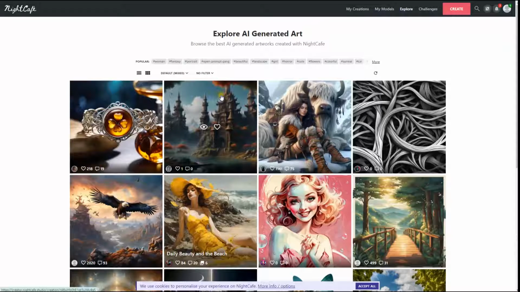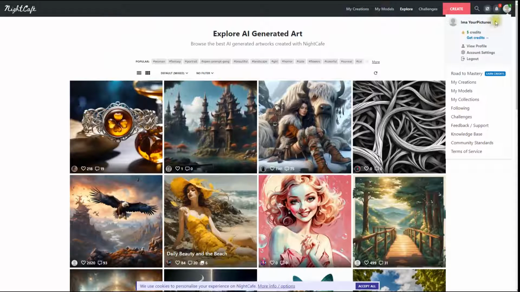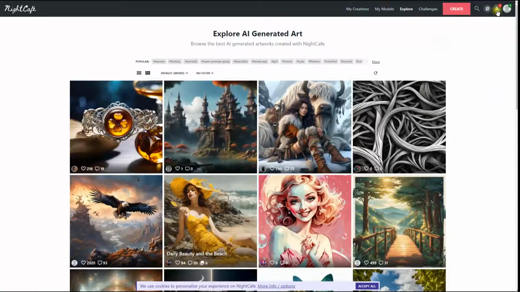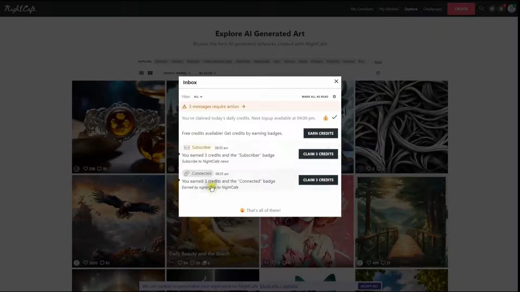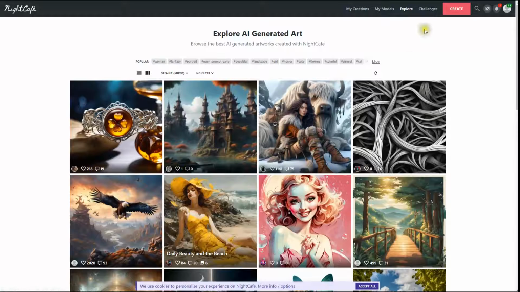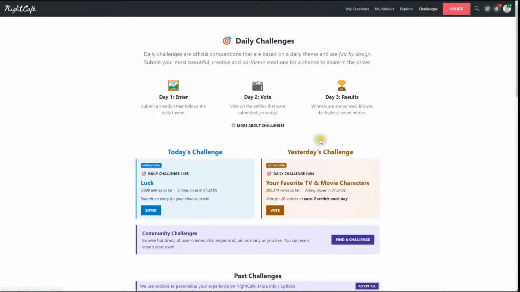So it starts with exploring AI generated art, and this is under the Explore tab. You can see many other works of art that were created by other users. If I click on the account there in the corner, you notice I already have credits there, and that's simply by coming in and joining in on the first day. If you click on notifications, they give you credits there, so you can see you have different credits. So simply click on claim these credits, and you get that by, again, logging in and creating work and liking other people's work, and also leaving comments on other people's work.